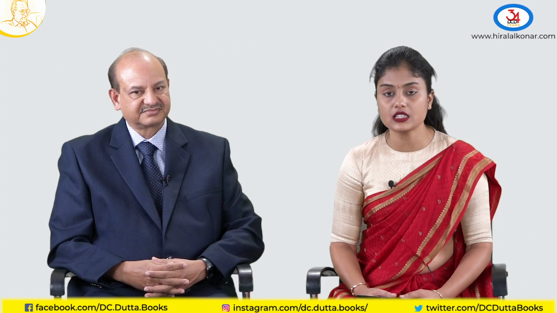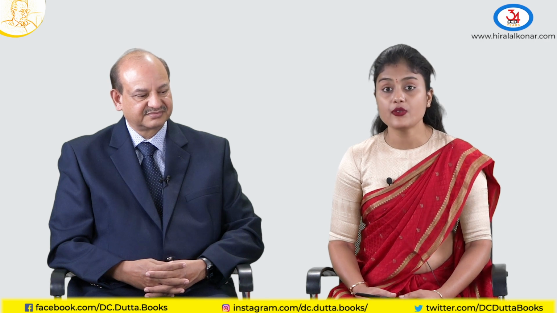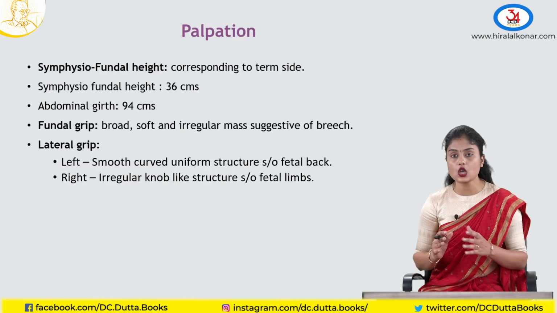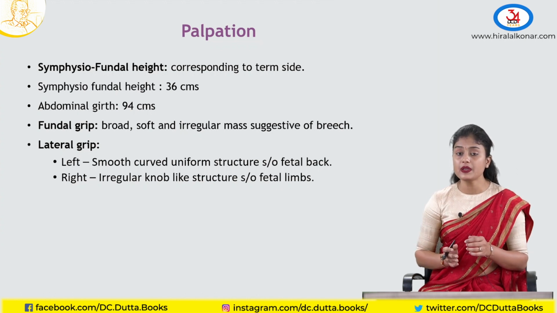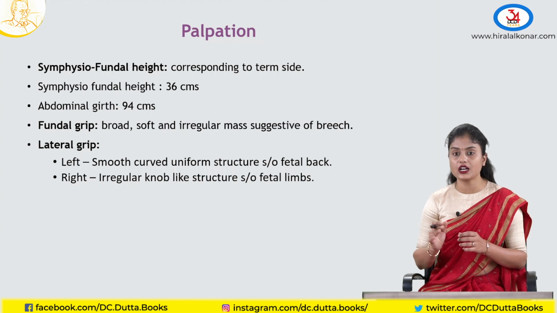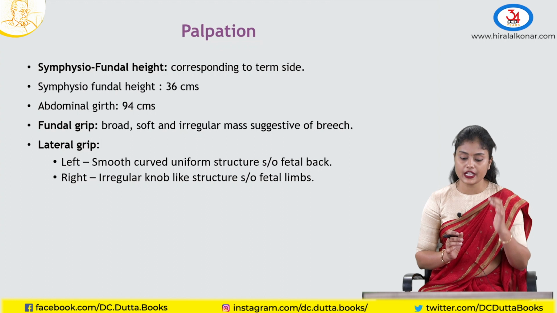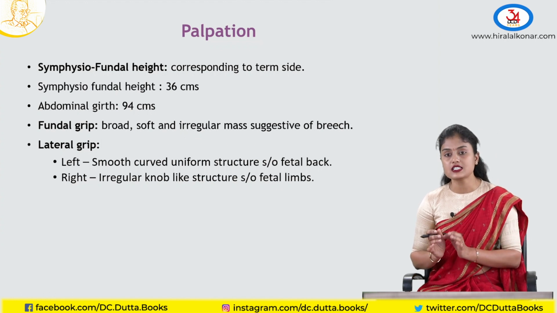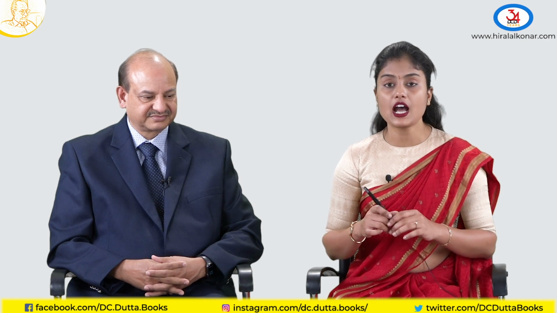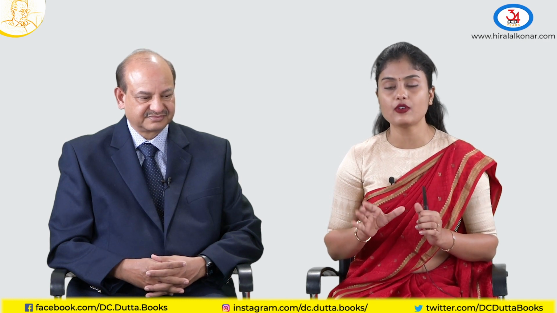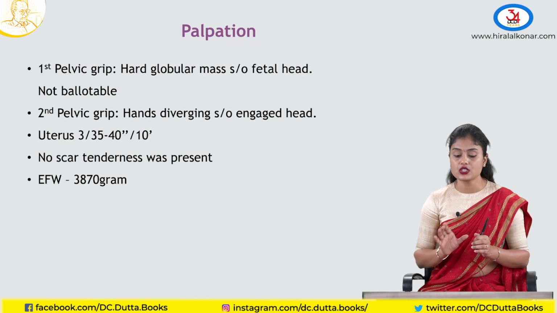The abdominal girth was 94 centimeters. Fundal grip was a broad, soft, irregular mass suggestive of breech. In the left lateral grip, it was a smooth, uniform, curved resistance suggestive of fetal back, and on the right side there were irregular knob-like structures suggestive of fetal limbs. In the first pelvic grip, it was a hard globular mass suggestive of fetal head which was not